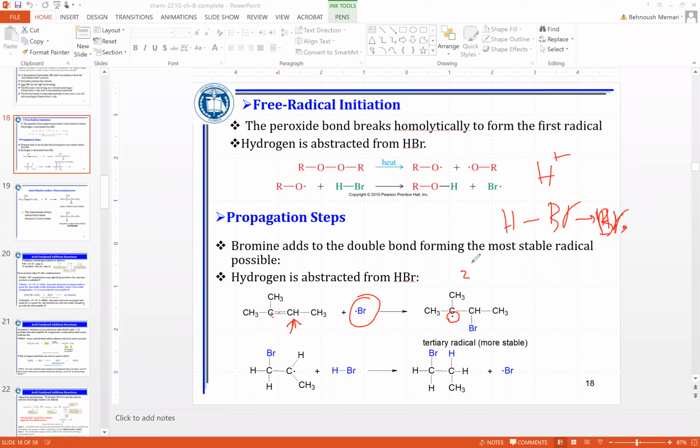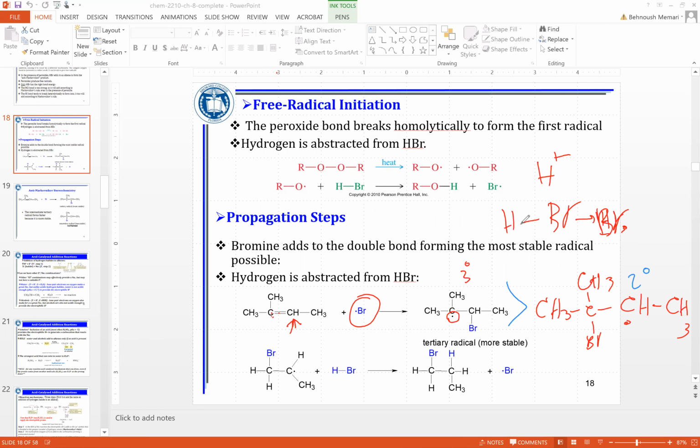So basically you have here a tertiary free radical. If Br attaches to the second carbon, so if you had CH3, Br, and then CH3, the CH would have been the free radical, and this is a secondary free radical. Tertiary free radical is more stable than secondary free radical,